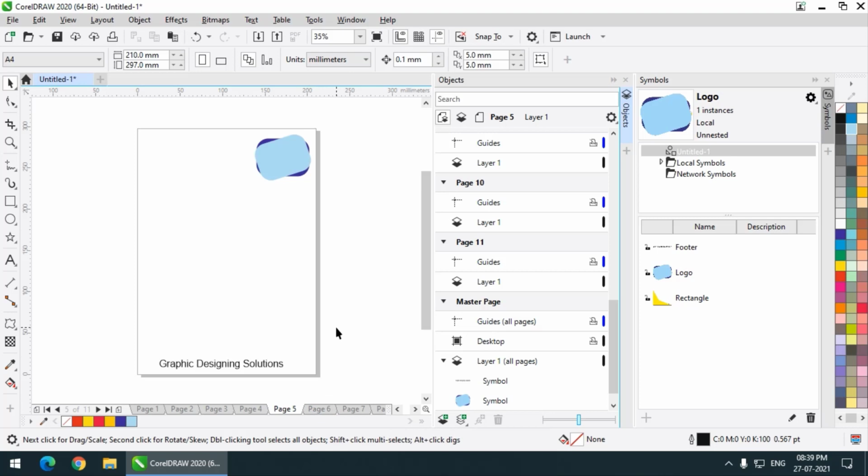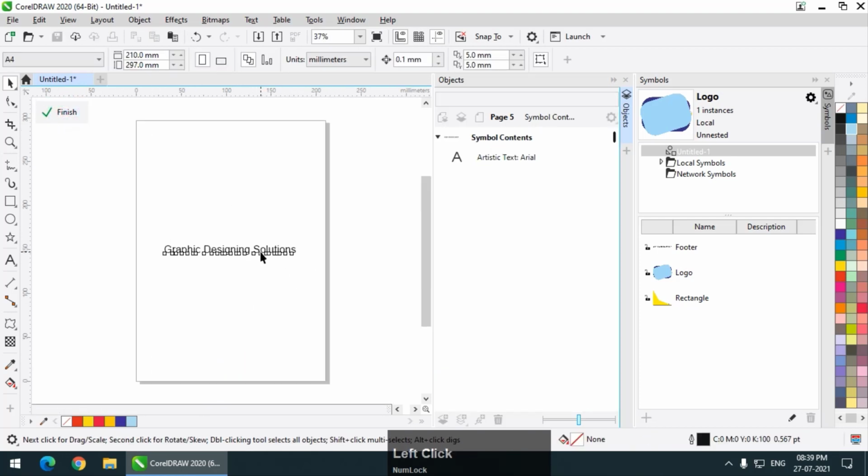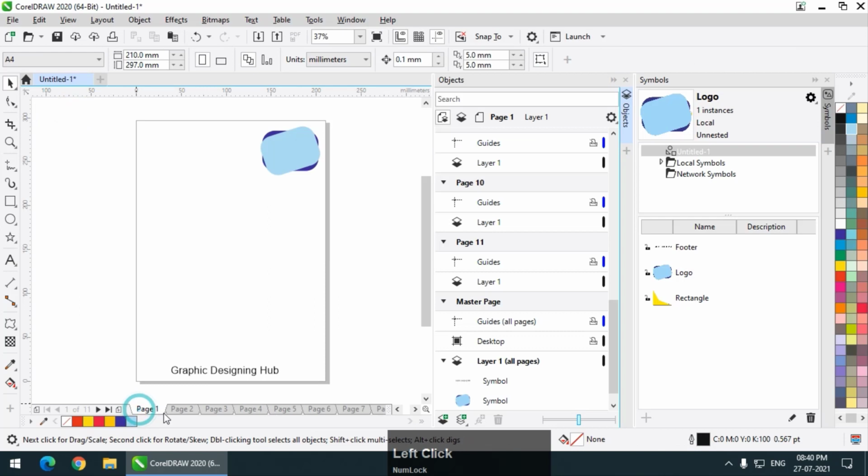So it is that simple. If you don't use this option, just imagine how much time it will consume. So this is a very useful tool. And now coming back to the text, let's say I want to change the text, simply go to edit, same thing, change this text to something else, and simply click on the finish button.